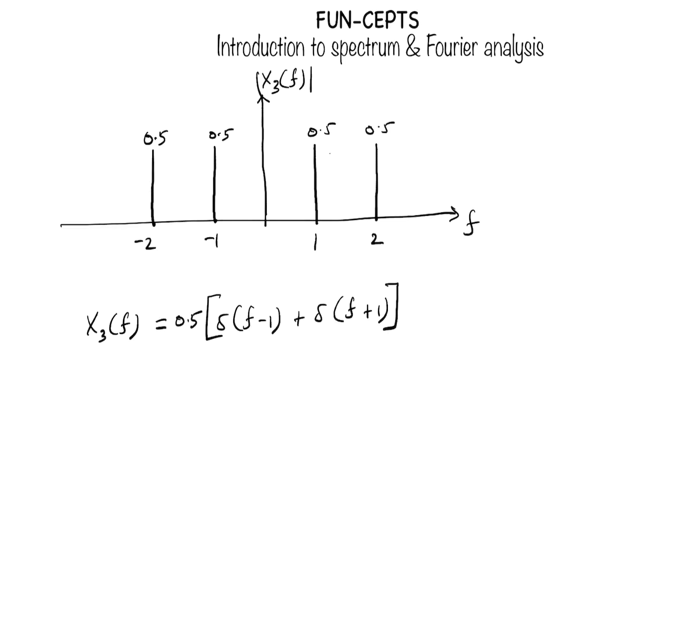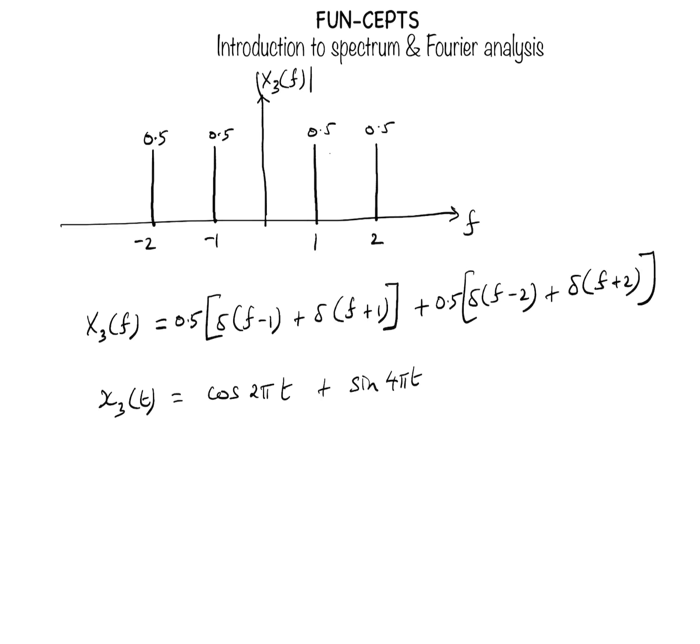That's the 1 Hz component, plus we have a delta at f equal to 2, so that's delta of f minus 2 plus delta of f plus 2, and again both of them have an amplitude of 0.5. So that is the expression for the Fourier transform of x3 of t, which is equal to cosine 2 pi t plus sine